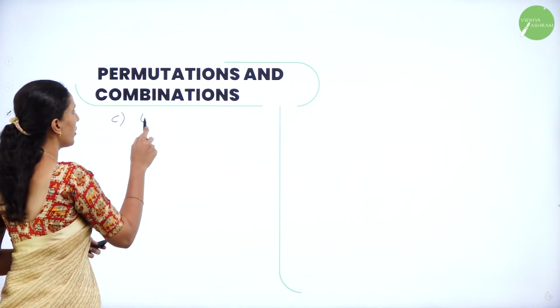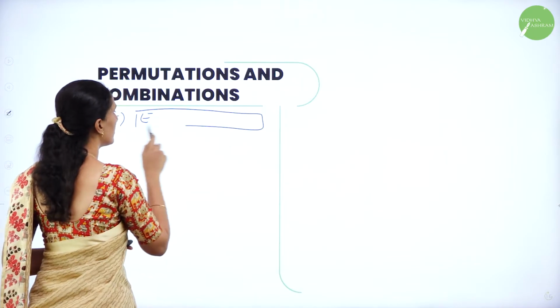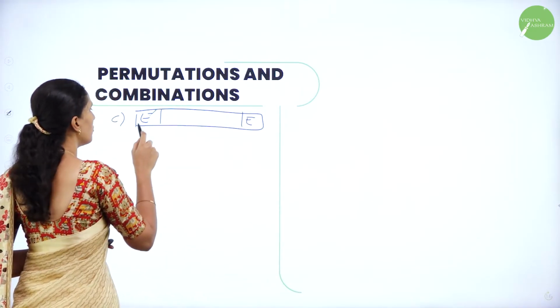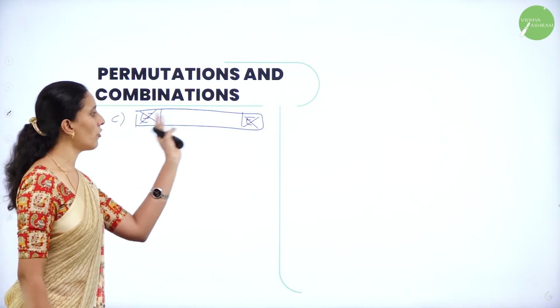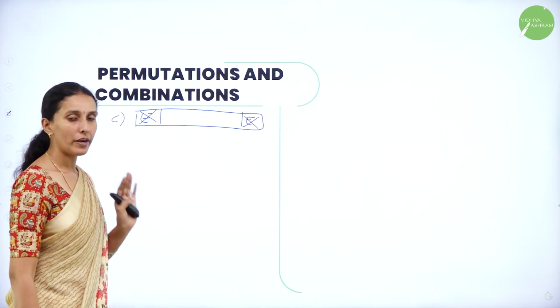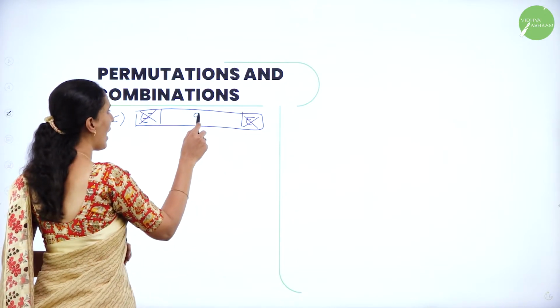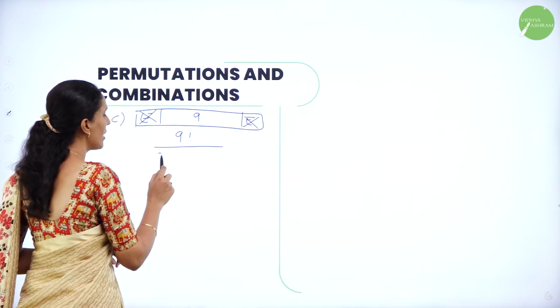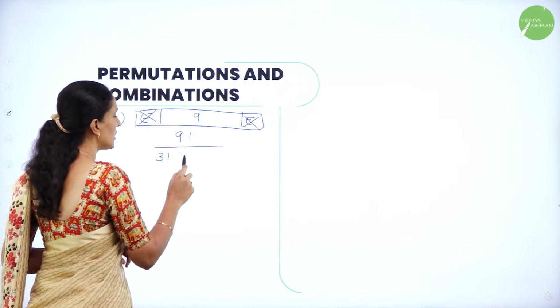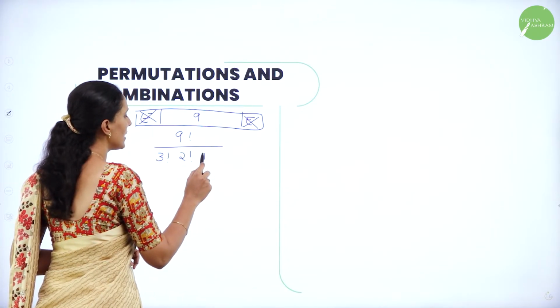So if you begin with E and end with E, you should not consider these two E's under consideration. So out of 11 letters, 2 letters are already fixed in their places. We have to arrange only 9 letters. So it is 9 factorial divided by N is repeated 3 times, G is repeated 2 times, I is repeated